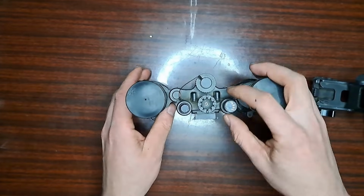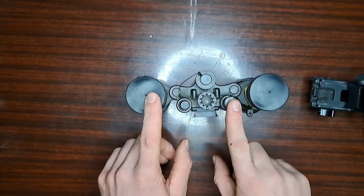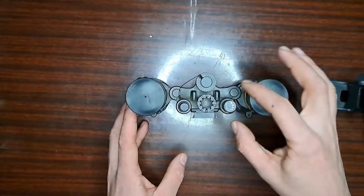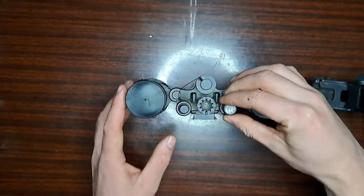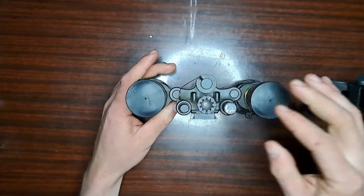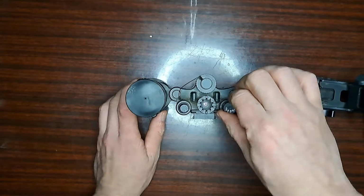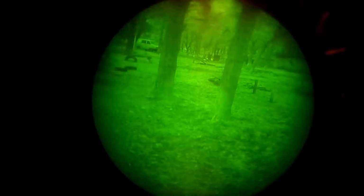Here in front, I have my on-off button and also my IR illumination. The IR illuminator is over here. For the IR illumination, I basically need to turn the on button and then pull a little bit, like so, and now it illuminates in the IR spectrum. Now I will show you the illuminator. So you see in the middle